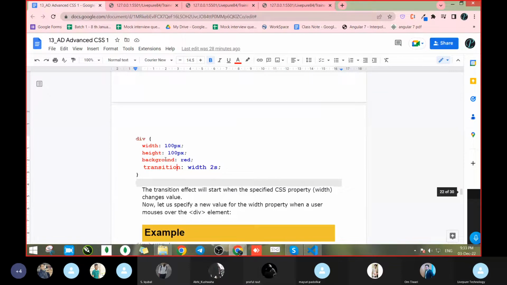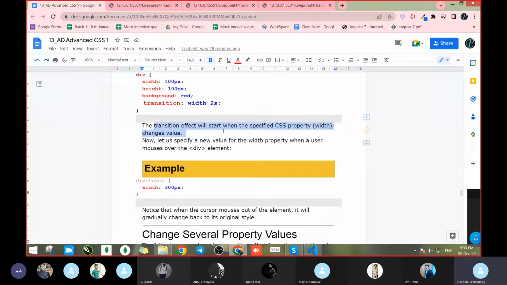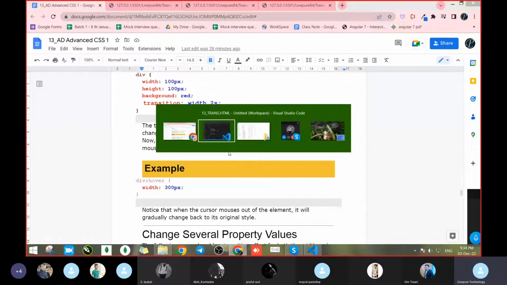The transition effect will start when the specified CSS property, width, changes value. Now let us specify a new value for the width property when a user mouses over the div element. In the sense, it will apply only when the user puts the mouse over that box or whatever is there. Correct? So if we remove this height,